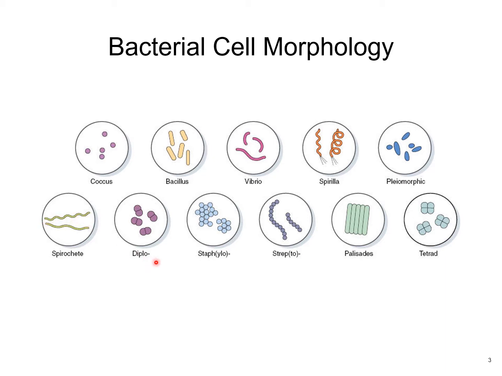Now diplo just means two stuck together. So if this were a coccus, it would be diplococcus. If it were a bacillus, it would be diplobacillus. Now staph, or staphylo, is Greek for cluster of grapes, and you can see it clusters together like grapes. So if this is Staphylococcus,